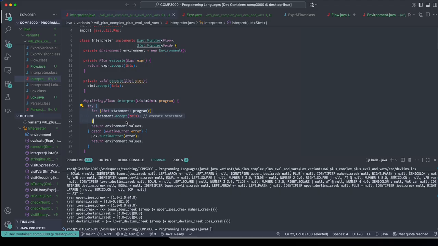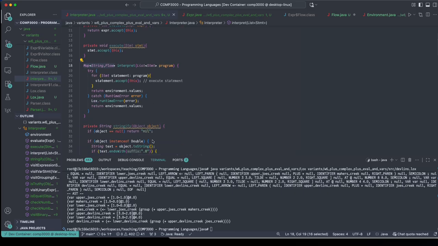But once the program is finished running all the way to the bottom, the final output is going to be every variable I found and the final value of that variable. It's almost like a little debugger. It's just showing me the final state of the program. And so I said, after you've looped over all the statements, just return the environment values. Even if there's an error, please return the environment values. And I said that the output from the interpreter is not a void. It's the whole environment, like the inside of the environment, the map from string to flow. That was another big decision that really helped